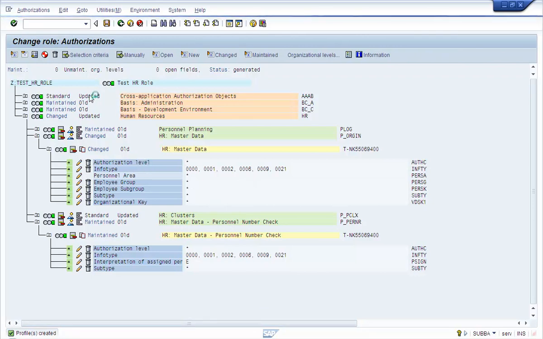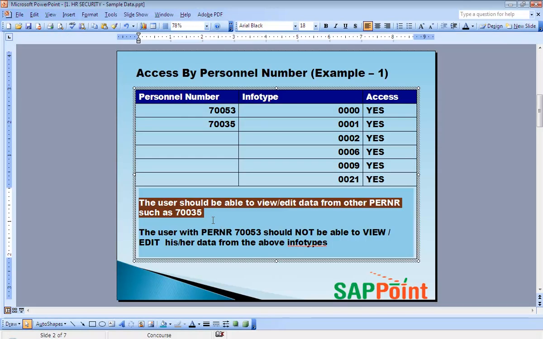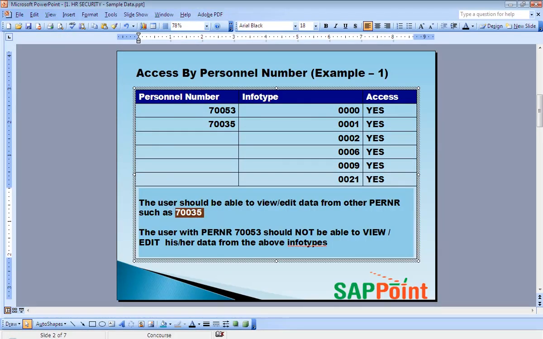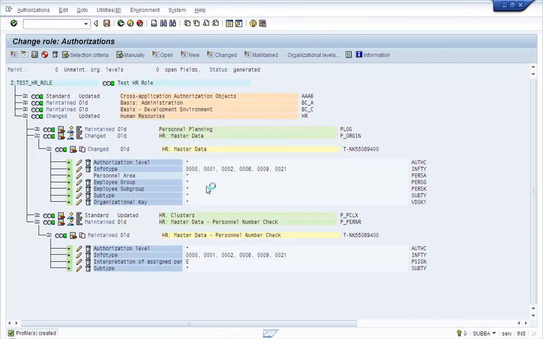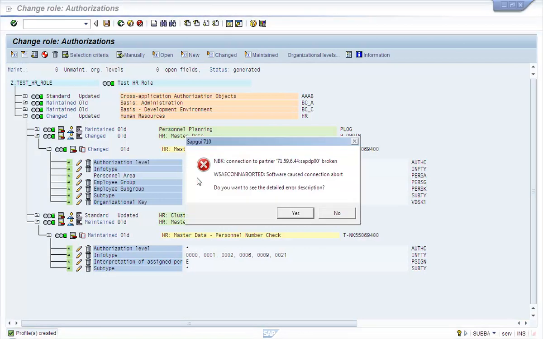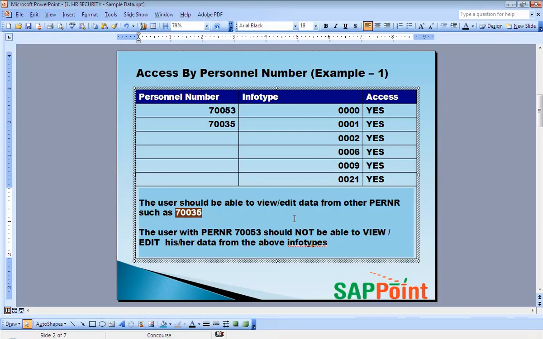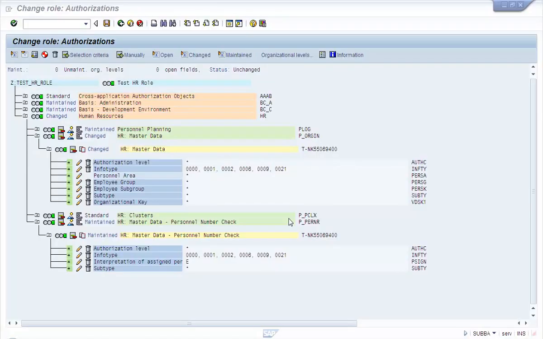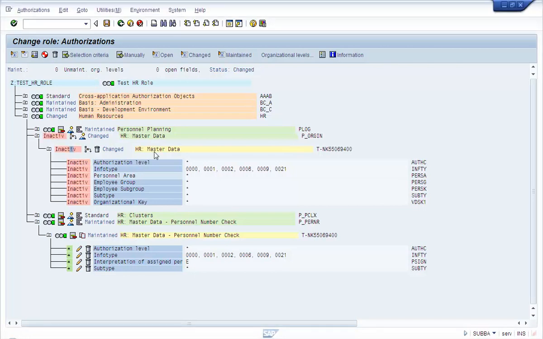Now, if I disable that object, let us check whether the test HR user is still able to see data coming out for this partner. So let's disable this object and generate and see what happens.